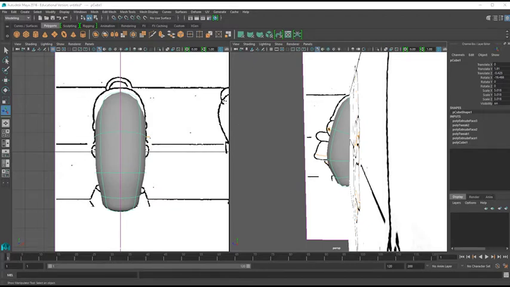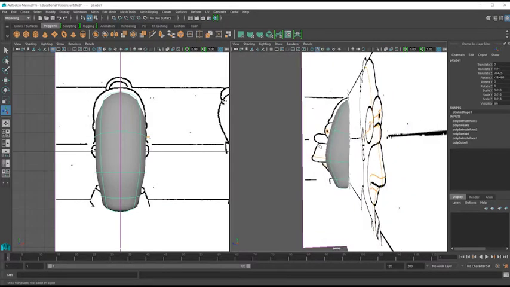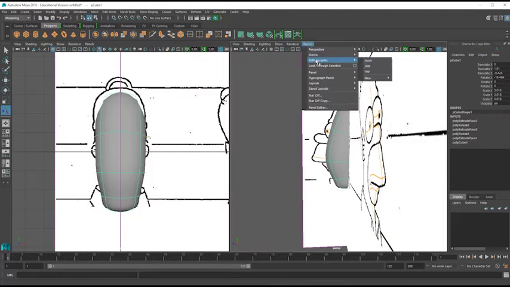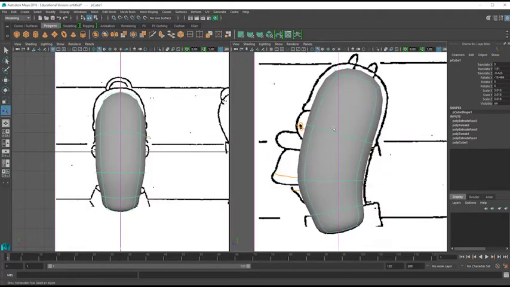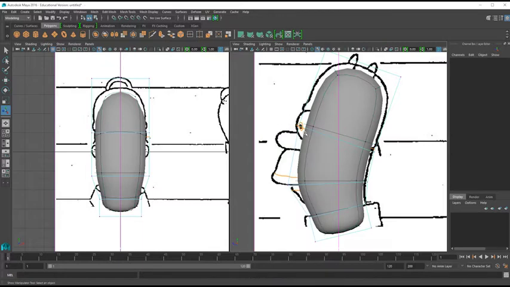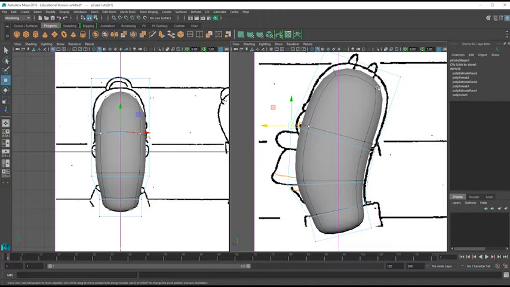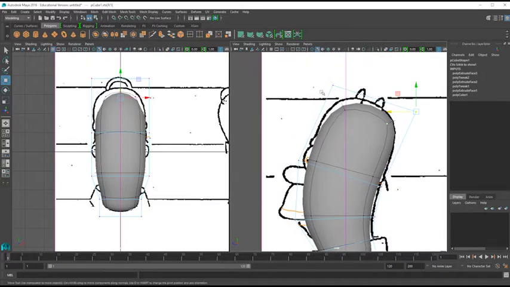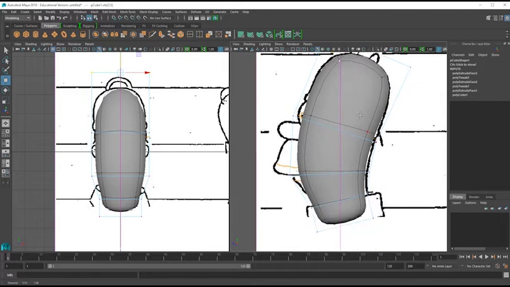Now that I have Homer sort of blocked in, I'm going to look at the side view one more time. You can see that he is not really following the shape, so I'm going to hit 2 on my keyboard in order to grab some of those vertices and pull them out to keep him following the shape a little bit, just trying to stay on the proportions that my reference drawing has, so that